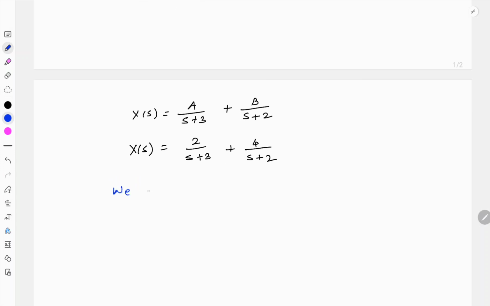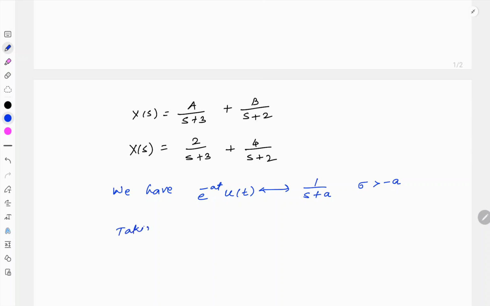So to get the inverse, we have e raised to minus at u of t has a Laplace transform of 1 upon s plus a, with ROC sigma greater than minus a. So never forget ROC in case of Laplace, whether it is Laplace transform or inverse Laplace transform. Now if we apply this in the above equation,